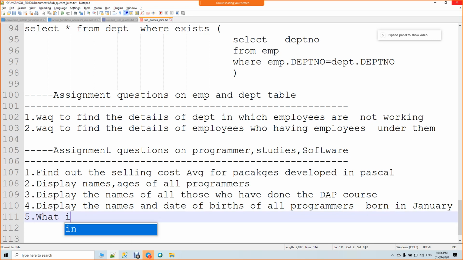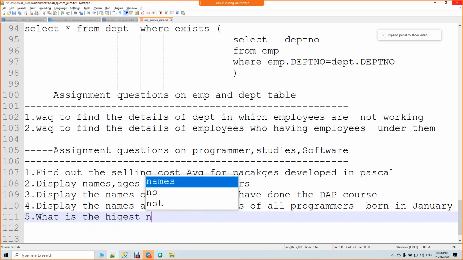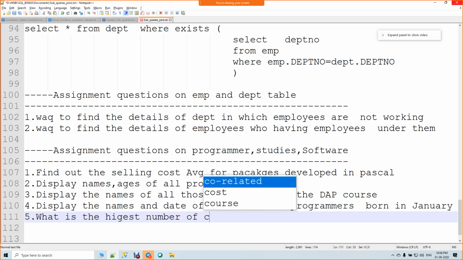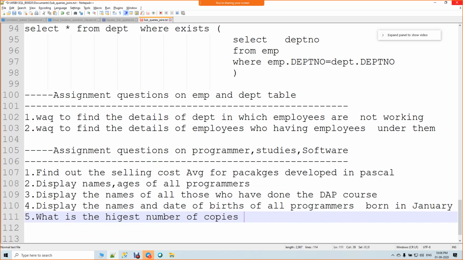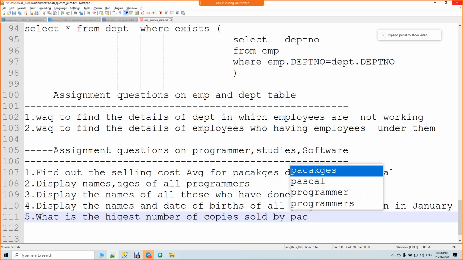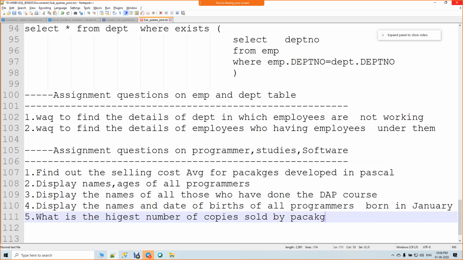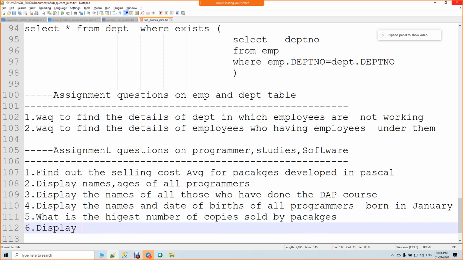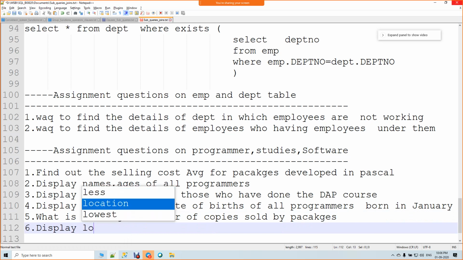What is the highest number of copies sold by a package? Display the lowest costs.